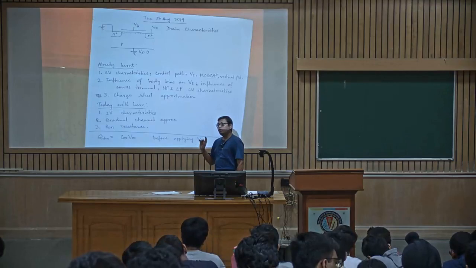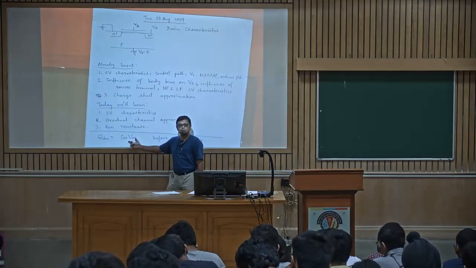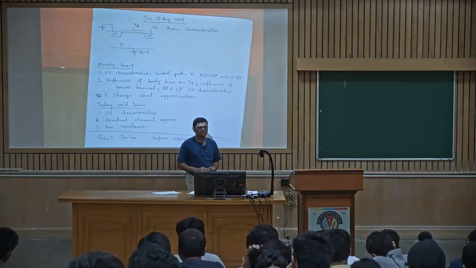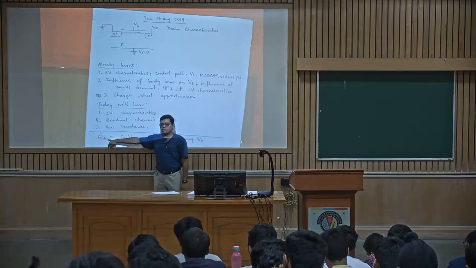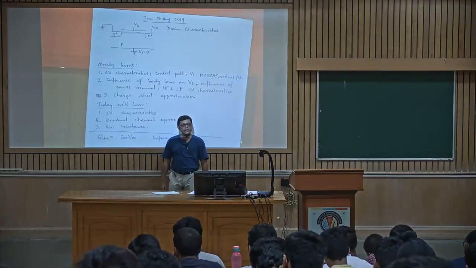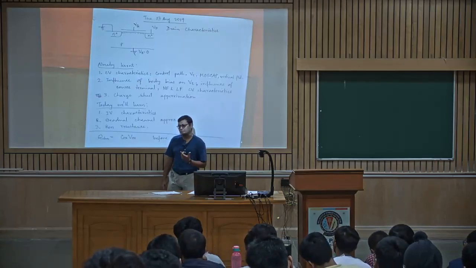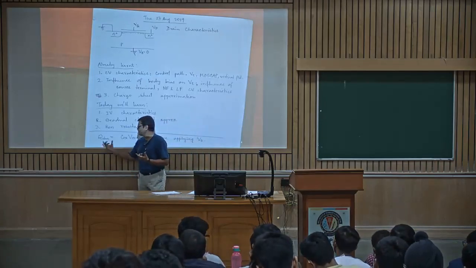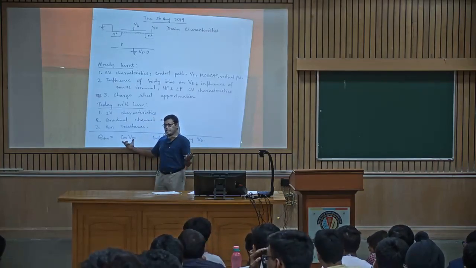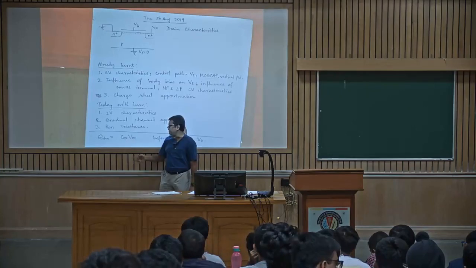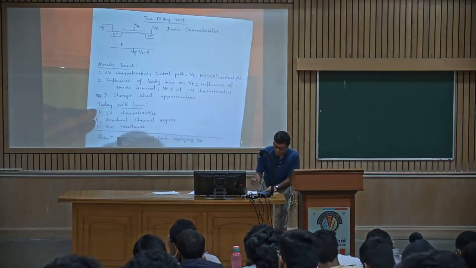Everyone with me? There is one thing, however, missing here. Cox into VOV, that is the net oxide charge there. Because the channel region comprises electrons, right? So what will be the charge, positive or negative? If you are listening, you tell me. Because this is a channel charge that is created only by the electrons which are in the channel. Electronic charge is negative, so we will put a minus here. Okay? As simple as that.